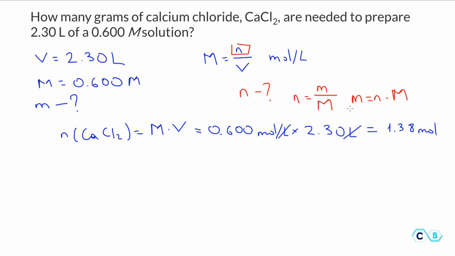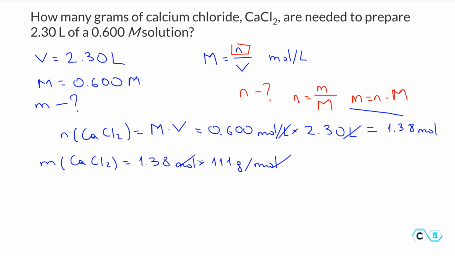Now, as we determined the moles, in the next step we can use this formula that we just discussed to find the mass. So here the mass of calcium chloride will be equal to 1.38 moles times 111 grams per mole, which is the molar mass of calcium chloride. These are the moles, and this gives us